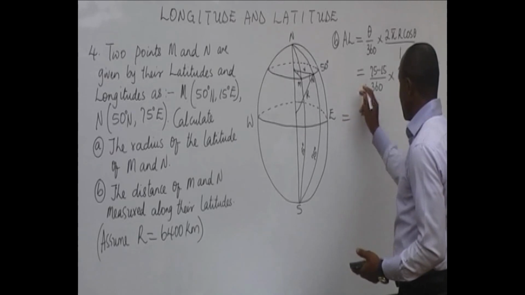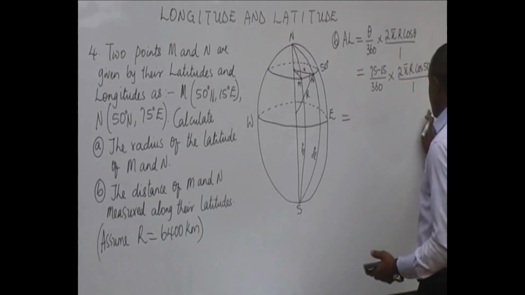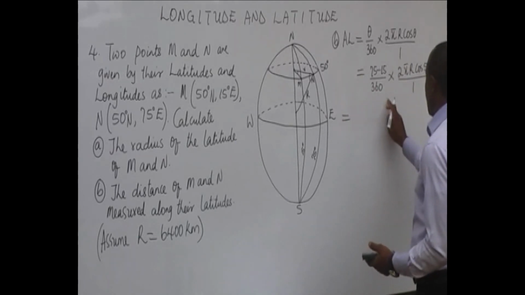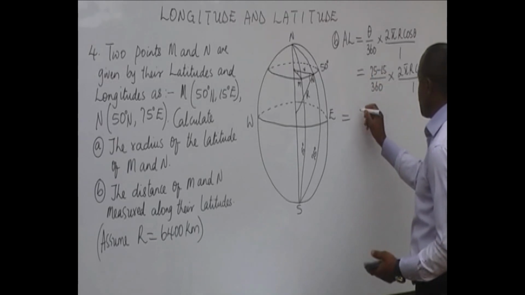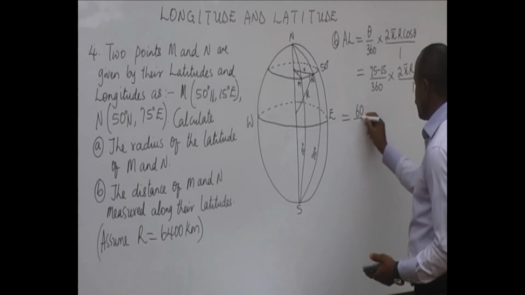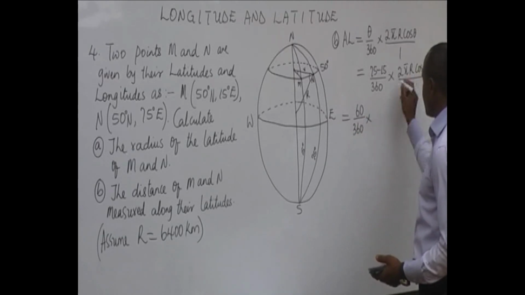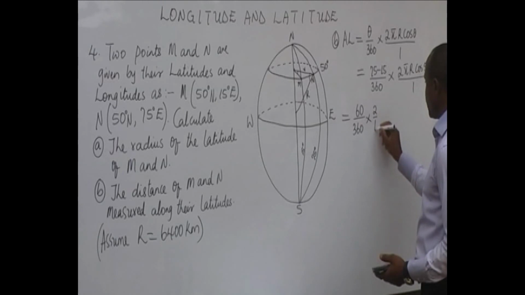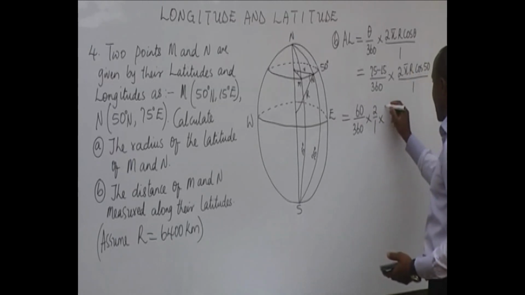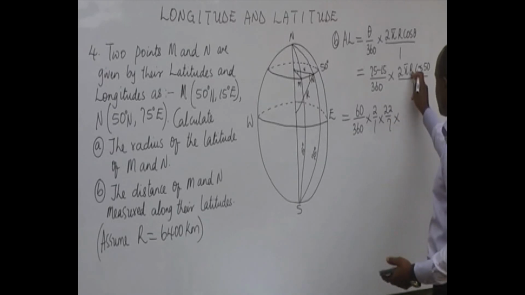I want to bring this equal sign to here because of space. 75 minus 15 will give you 60, divided by 360, times 2 all over 1, times pi 22 all over 7, times r